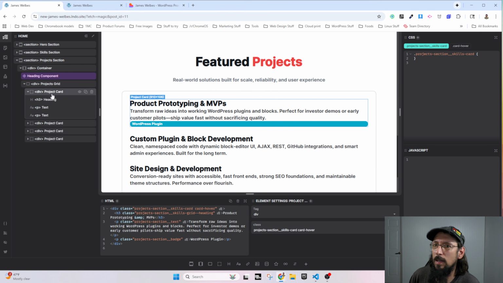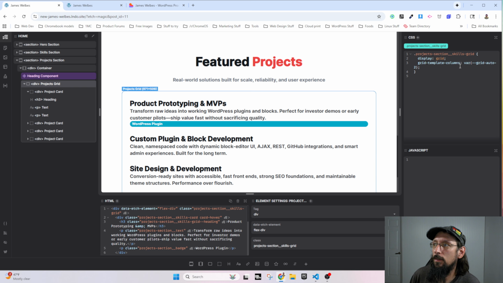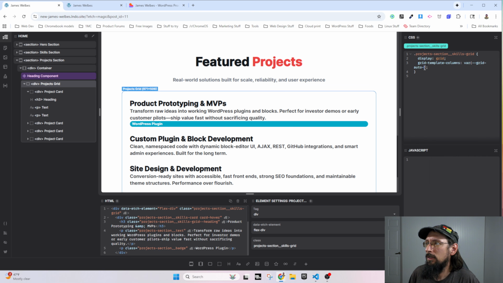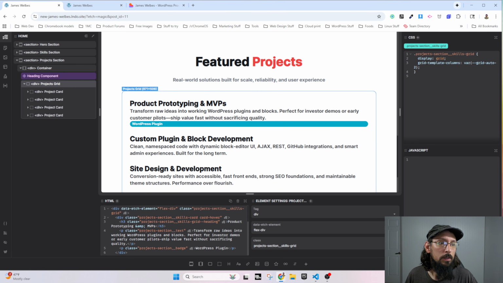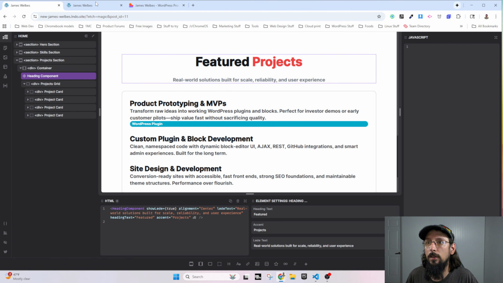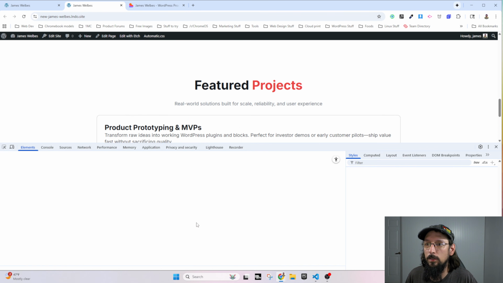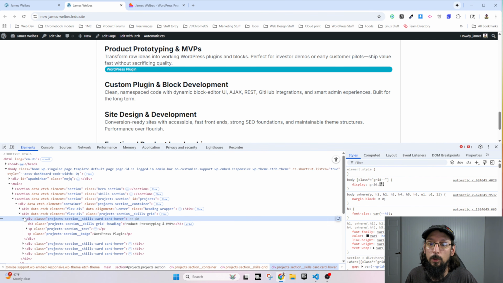Who wants to take a stab at guessing why this isn't working? Huh. Well, that's odd. That is very odd. Why would it be doing that? Let's look at the front end. Maybe I shouldn't have tried to just copy from my other site. What do we got here? We got